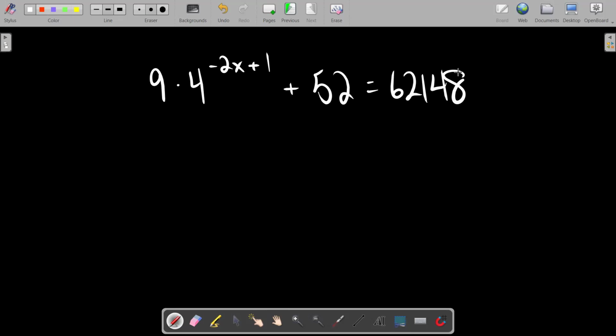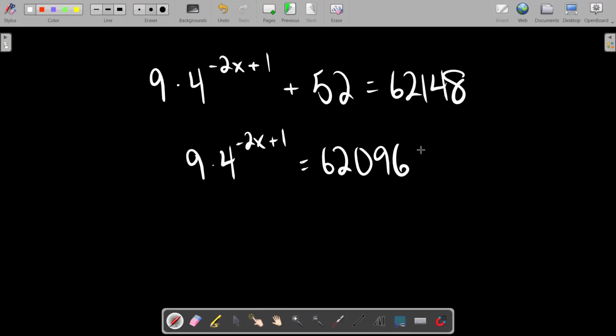All right. Let's algebra. No, you saying divide by 9 makes me want to punch a baby. Yeah, let's subtract 52 from both sides first. So now we're looking at 9 times 4 to the power of negative 2x plus 1 equals, what is that, 62,096 maybe? I want to check my math. Is that okay? We're going to divide by 9 now,